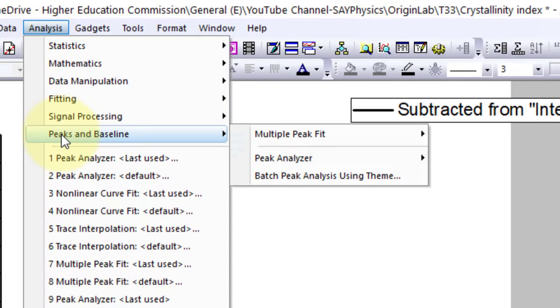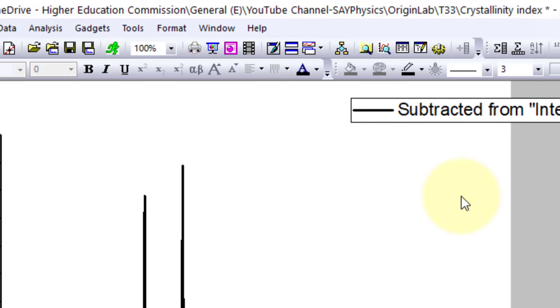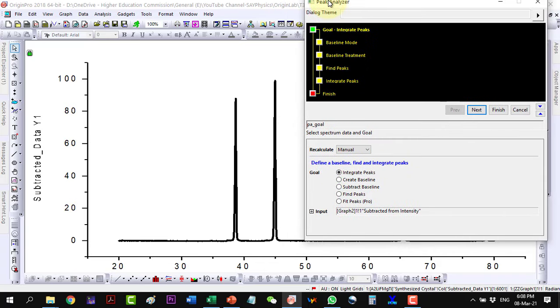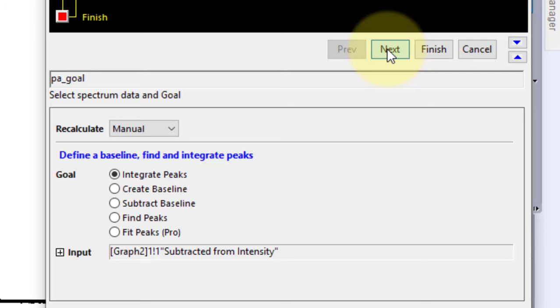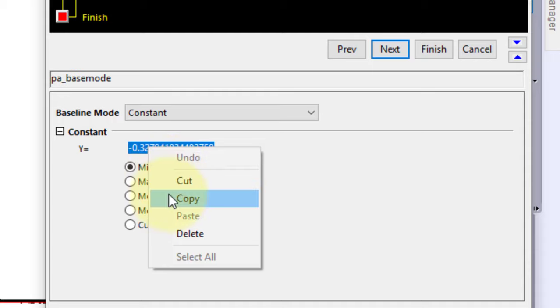So I go to Peaks and Baseline, Peak Analyzer, and I open the dialog. And now I will select integrate peaks. As the baseline mode comes in, I will select the constant, because now I know that my plot is aligned, and I will note this value because I will have to come to this value again.